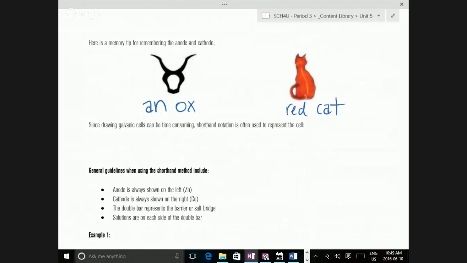So the plate that is being reduced, we call that the cathode. The plate that's being oxidized, we call that the anode. You don't have a red cat. That's close enough, I think. There we go. Okay, now,